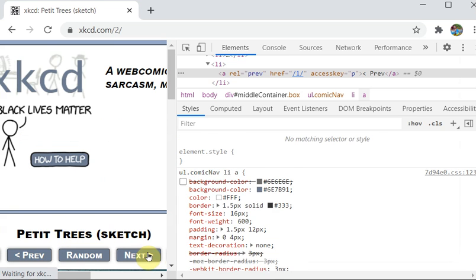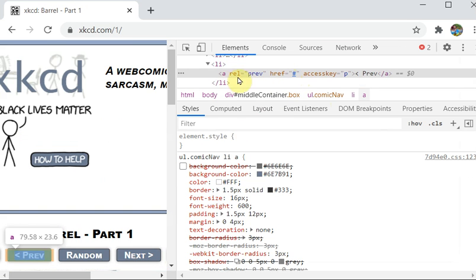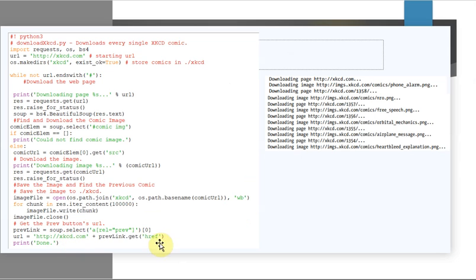So I'll just come here. Now if I'm pressing previous, that is equivalent to this. So prevLink.get is nothing but you're getting the link of the previous post, and once again from here it will come to this while, and it will check URL.endswith('#'). So if you are pointing to the first post, then it will end with hash. Okay. So this is your program, that is, you are trying to download the images from your XKCD website.